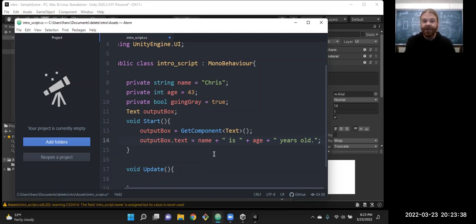Hopefully I didn't make a typo there. This already took longer than I anticipated it would. That often happens the first time teaching a class, but concatenation should look familiar to everybody, right? Have you seen that in programming somewhere before? Plus sign is the concatenation. In all of our C family of languages, we just have the data, so we just export the data, so we don't have to worry about casting per se.